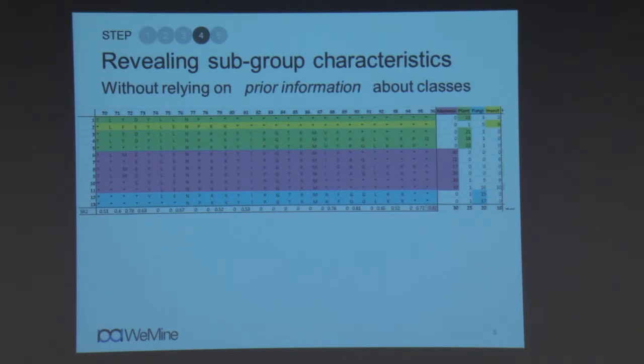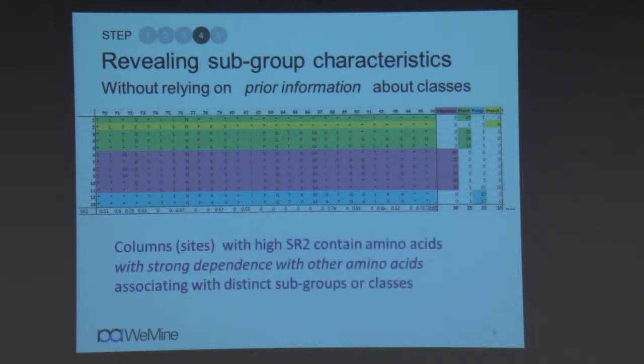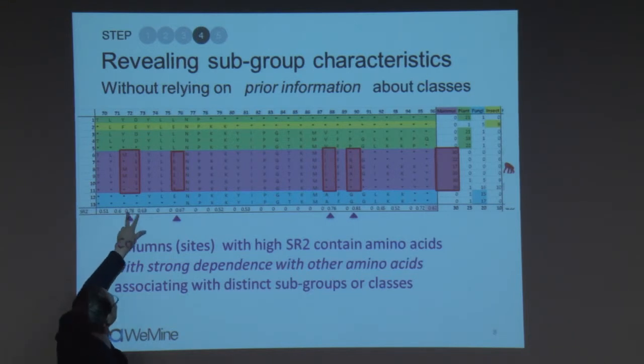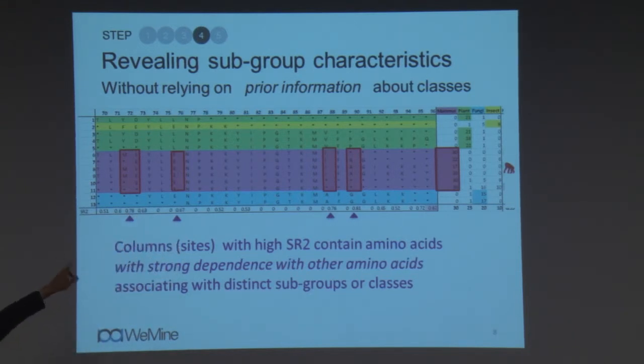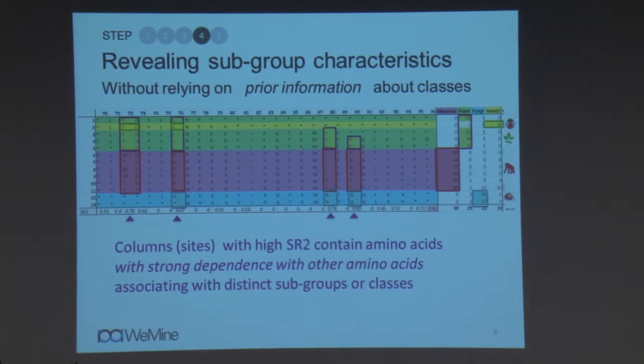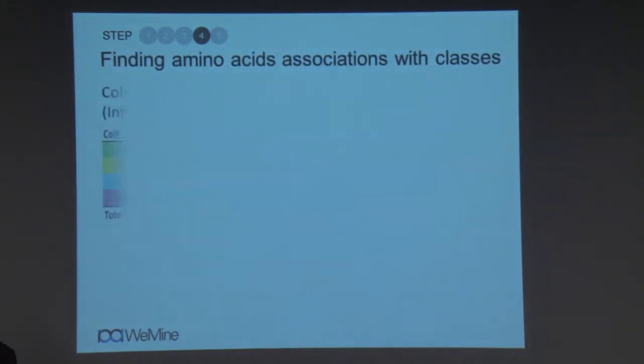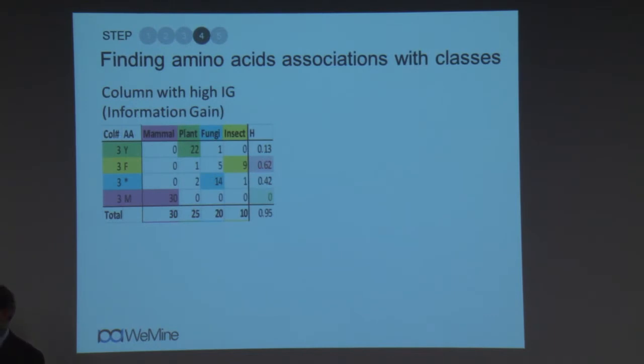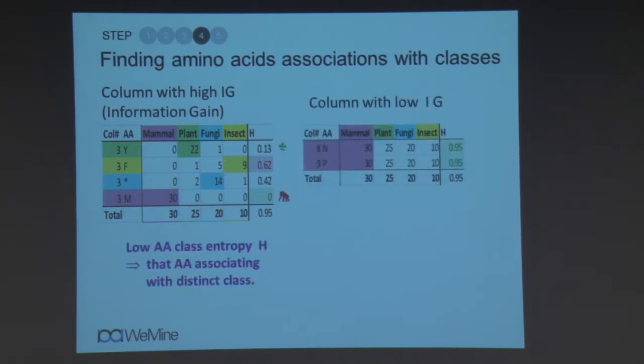Now, suppose without any prior knowledge, with some kind of information measure, we are able to find certain sites. They must contain some very distinct information, like this one, with very high interdependency measures. So for this group, all E and A, they share with mammal, some with insect, some with higher plant, and some with that. Automatically we are able to pick it up into some kind of class and reveal the underlying functionality of each class. We can even go into the amino acid level.